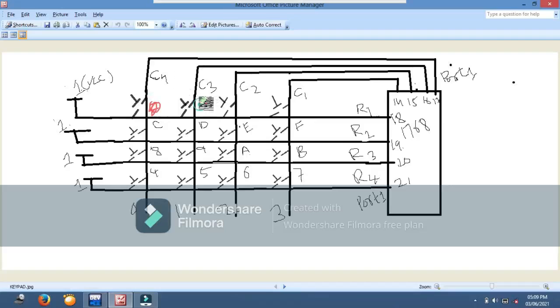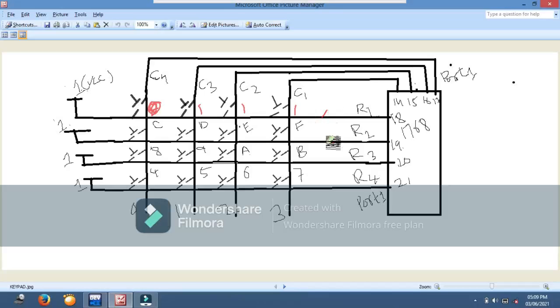column 4 as 0, then keeping column 3, column 2 and column 1 as 1, that is 0 1 1 1.